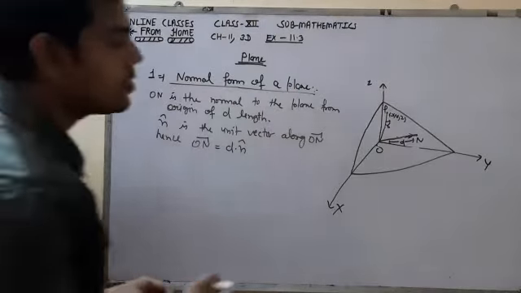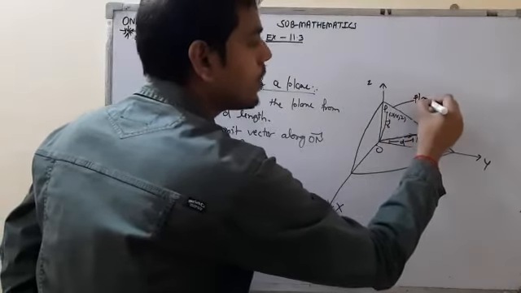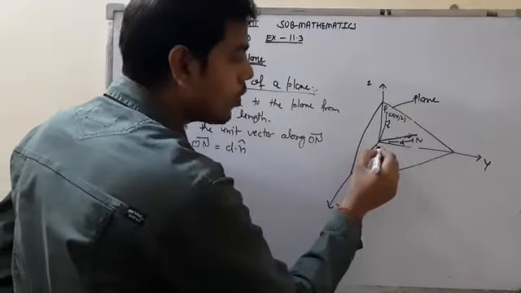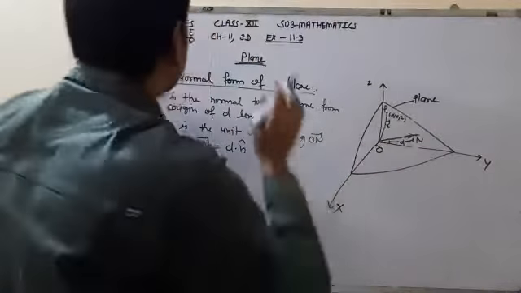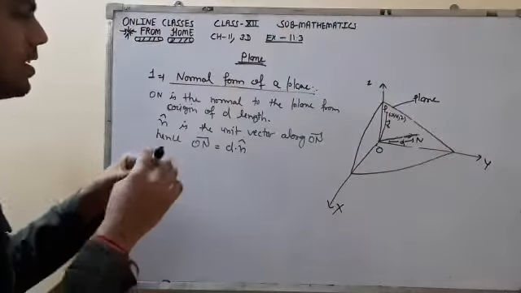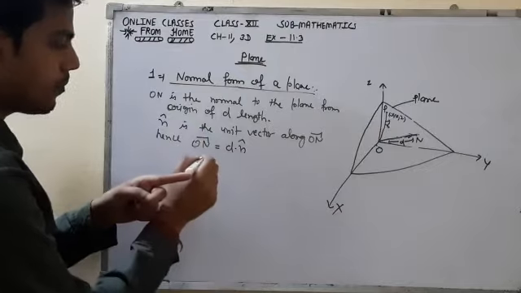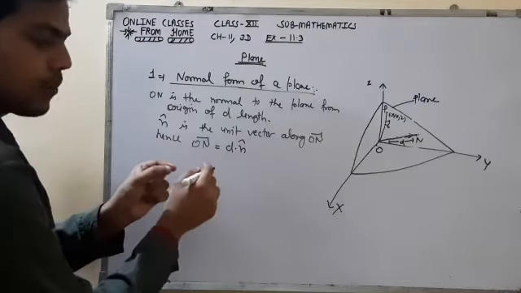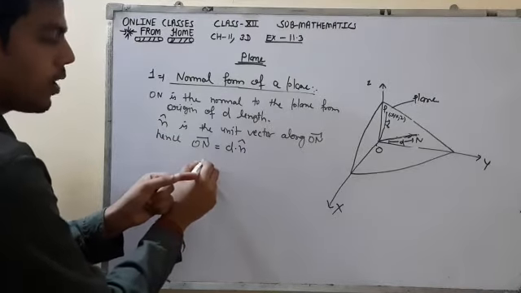Okay. So suppose this is our 3D system and this is a plane. This is any given plane. So on this plane I have drawn a normal from the origin, ON. So ON is the normal to the plane. Suppose this board is the plane and here is my origin. So from the origin I am drawing a normal like that. Suppose this is the point O and this dot is the end point. So it's like that. On the board I am drawing a normal.